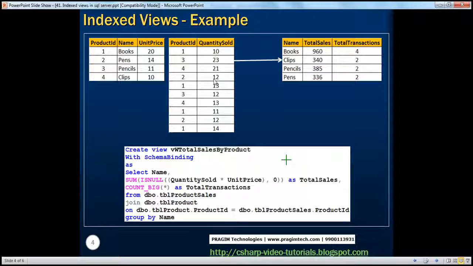Now, based on these two tables, I want you to create a view which can return the aggregated data that you can see on the right-hand side. I want you to write a view which can return the total sales and total transactions by product. So after selling books, what is the total amount of sales that I made,